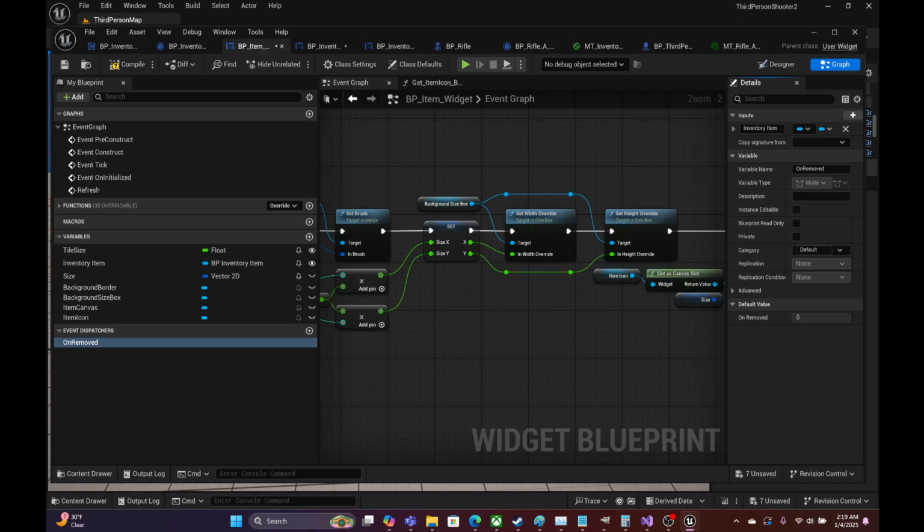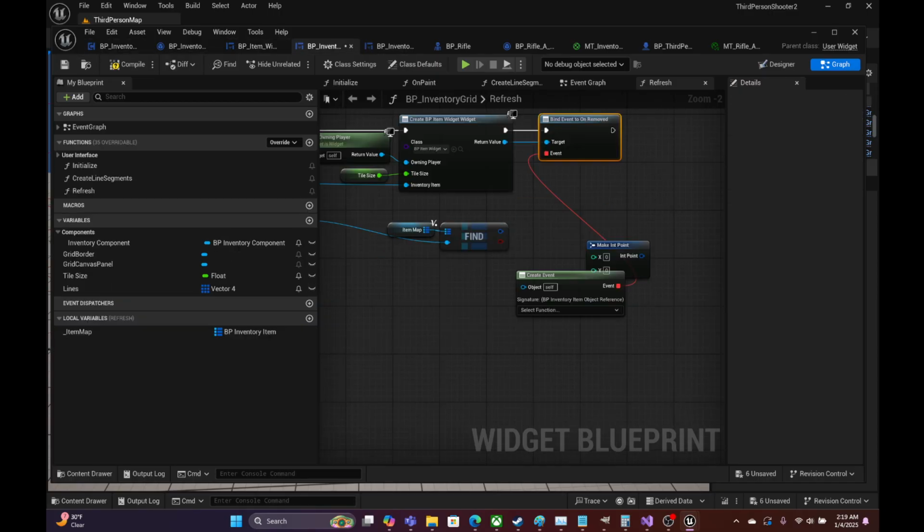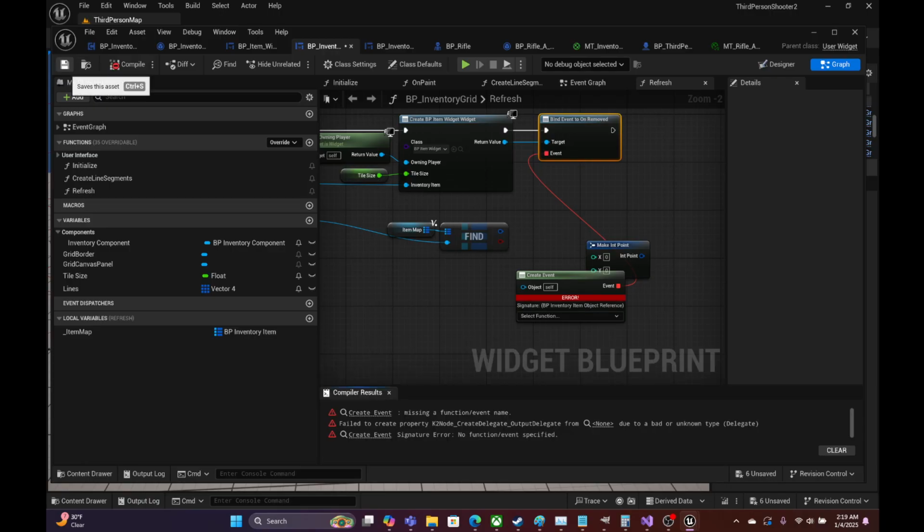Then eventually we'll switch inventory item from a blueprint to a blueprint interface and go implement it on our other object, I think is what I'm going to end up doing. Okay, so